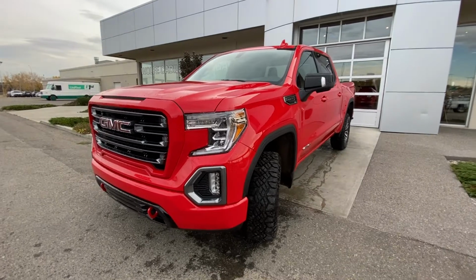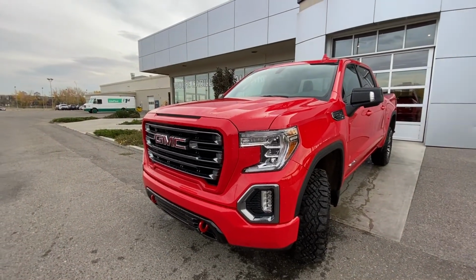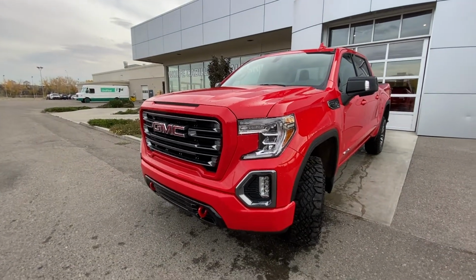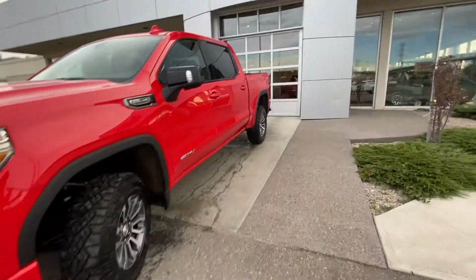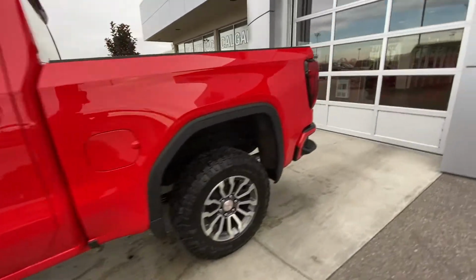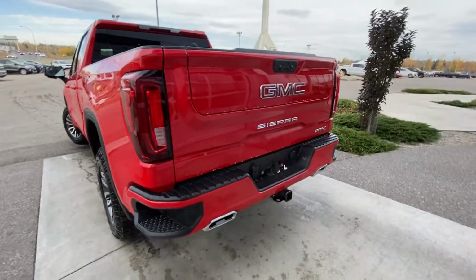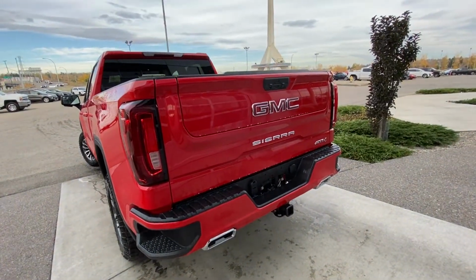We have the LED daytime running lamps, turn signals, and fog lights. Red matched grille with the dark chrome inserts and red tow hooks up front. Just coming to the back, rear tinted privacy windows and blacked out window trim. Vehicle has a color matched rear bumper, dual chrome exhaust tips, LED brake lights, trailer tow package, and the GM